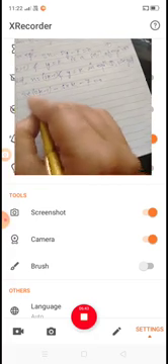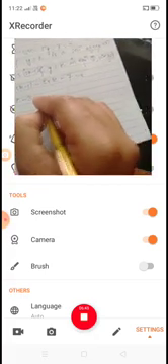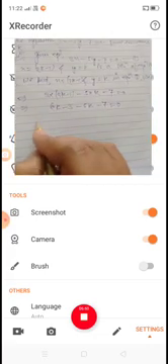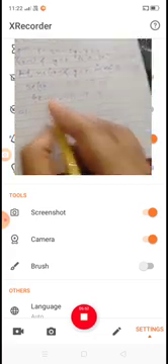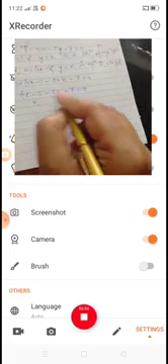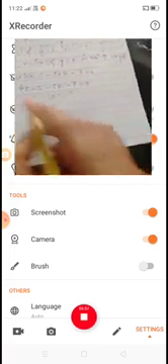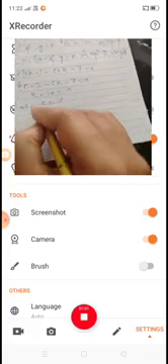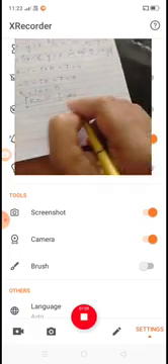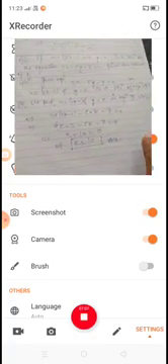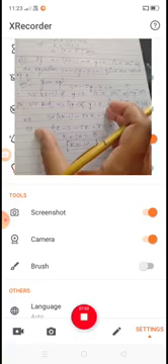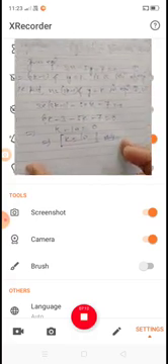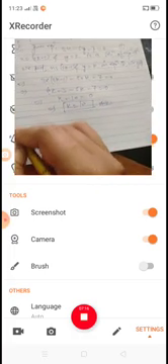Now solve it. 2 3s are 6k minus 3 1s are 3 minus 5k minus 7 is equal to 0. Now 6k minus 5k is equal to 1k, minus 7 minus 3 is minus 10, is equal to 0. This implies that k is equal to minus 10, transferring that side, is equal to plus 10. So the value of k is 10. Okay, so dear students, this type of question is solved in this way. Now we take another question.